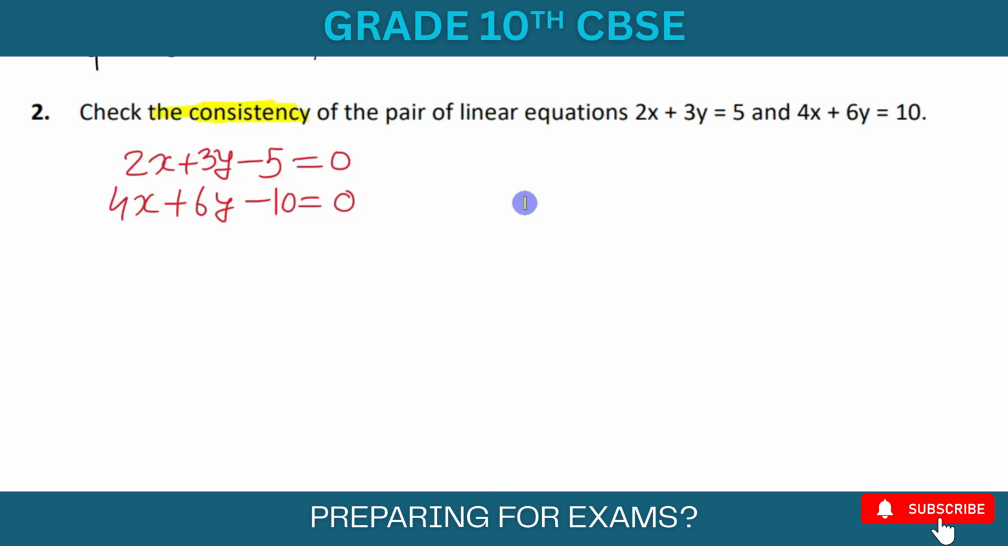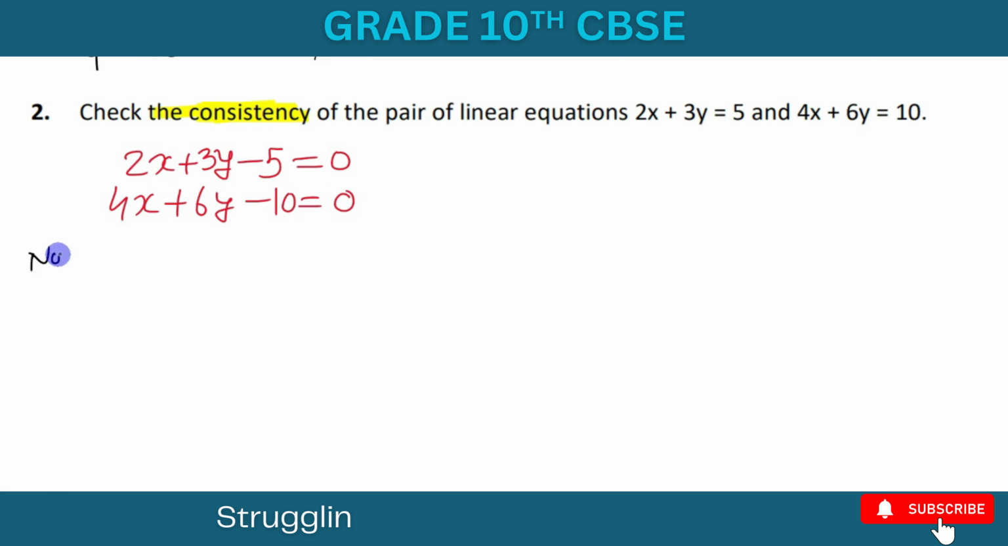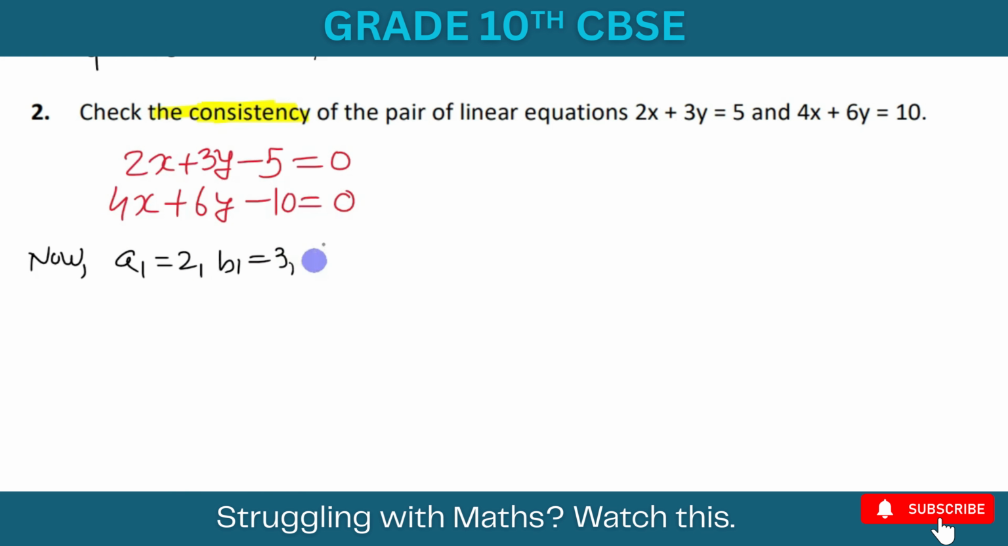For that purpose, if a solution exists, whether it is a unique solution or infinite solutions, then you can say that this system is consistent, and if a solution does not exist, the system is not consistent. Now again, comparing with the standard form, a1 is 2, b1 is 3 and c1 is negative 5 from the first equation, and in the second equation a2 is 4, b2 is 6 and c2 is